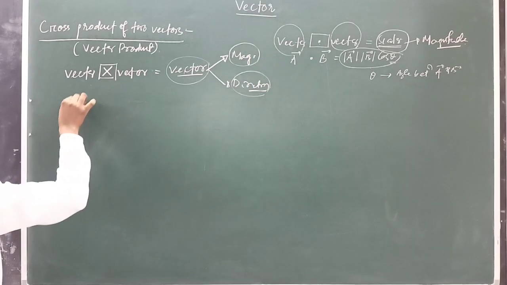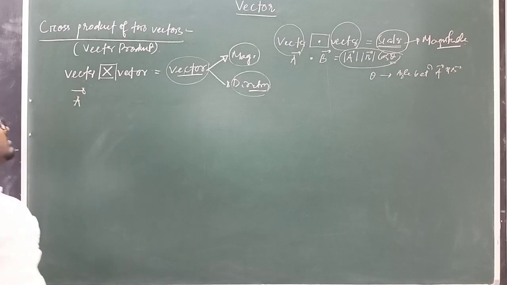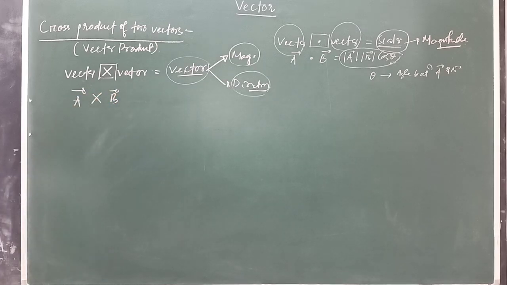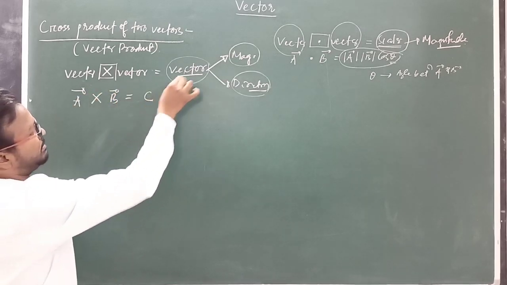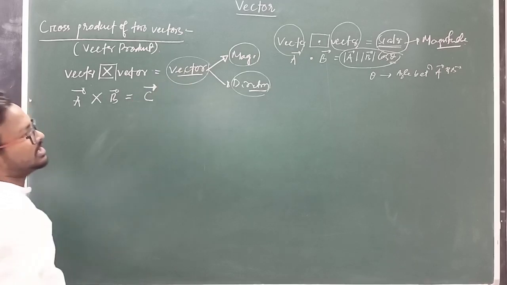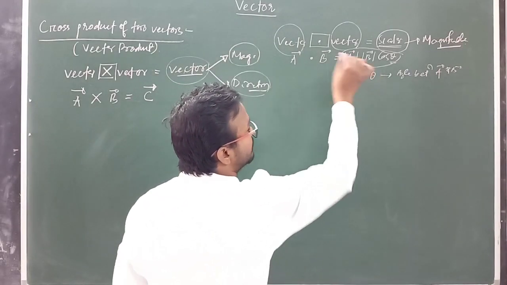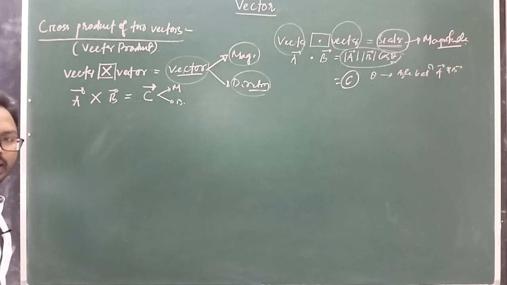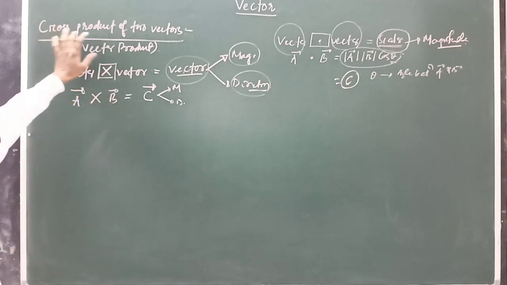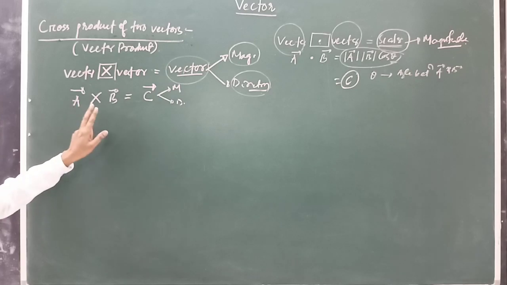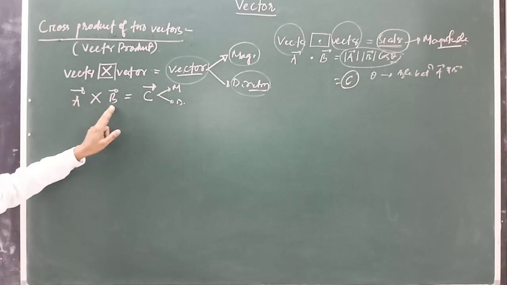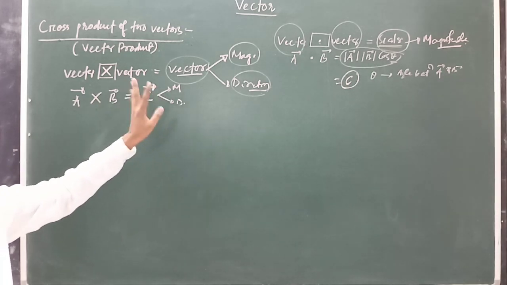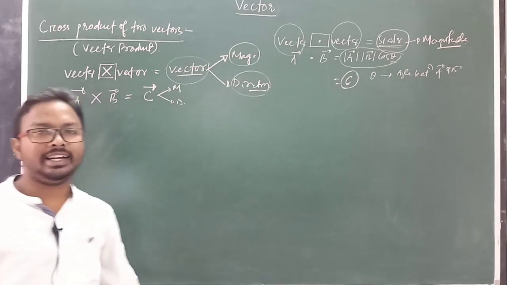Suppose there is one vector a and another vector b, now multiplied with cross product, so we get another type of vector, c. We get a c vector here, which possesses both magnitude and direction, and we have to calculate it. That is known as the cross product of two vectors, a cross b, or the vector product of two vectors a cross b, which is equal to c, and c is a resultant which possesses both magnitude and direction in this case, clear.